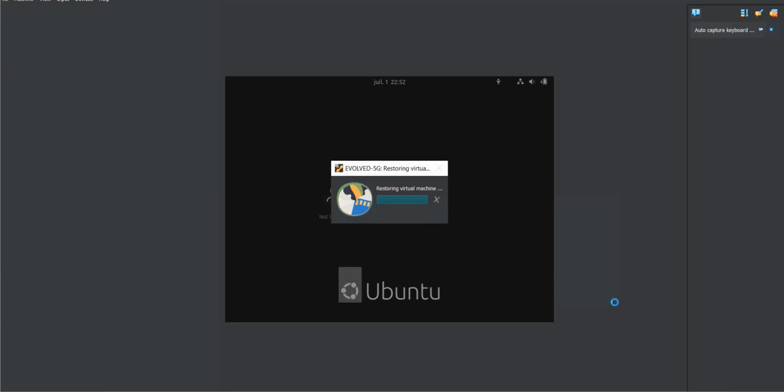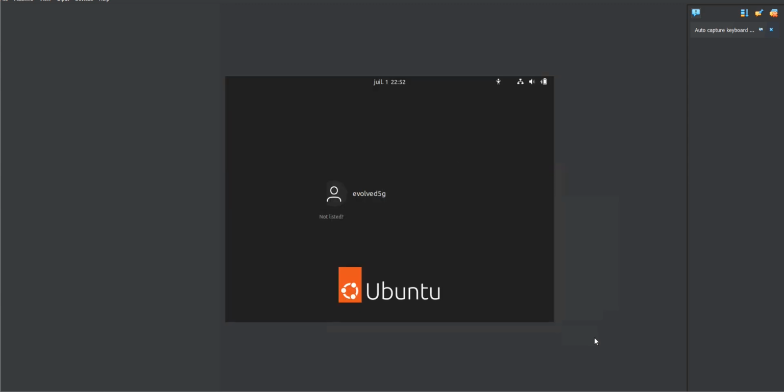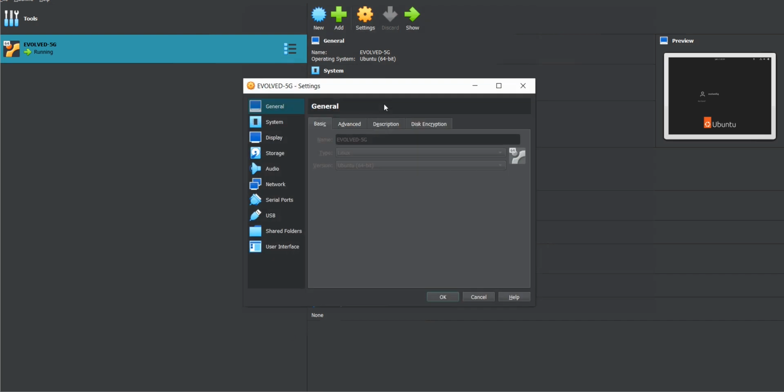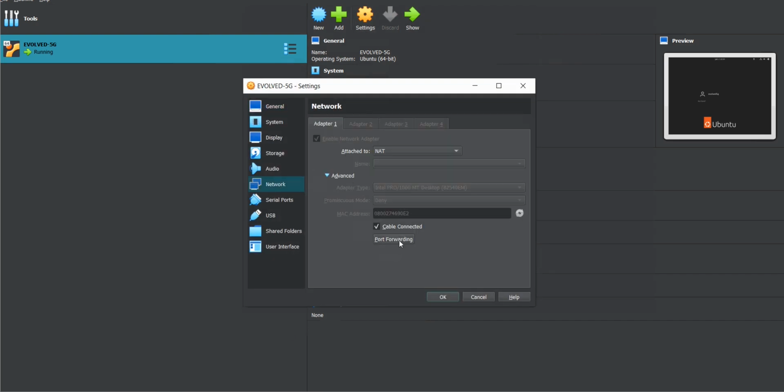Restoring the virtual machine from the latest state. It may take some time depending on your computer. As we can see here, we already have the virtual machine started. In order to not use the GUI, because sometimes it could be a bit slow, I recommend